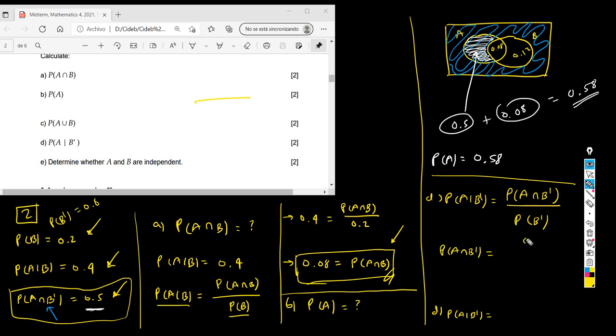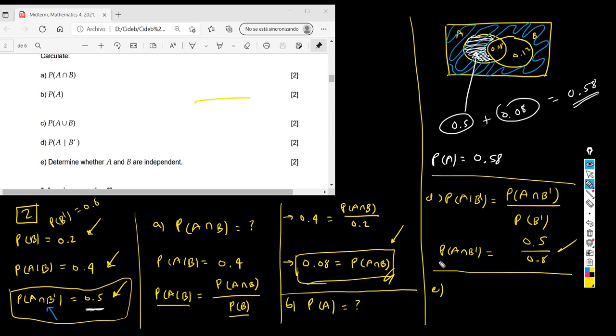This should be equal to 0.5 over 0.8. And that's it. Remember, I told you that if you kept the solutions in this way, that is okay. I didn't want you to do arithmetic in the exam. So this is the solution. Whatever number this is, that's the solution. And E,